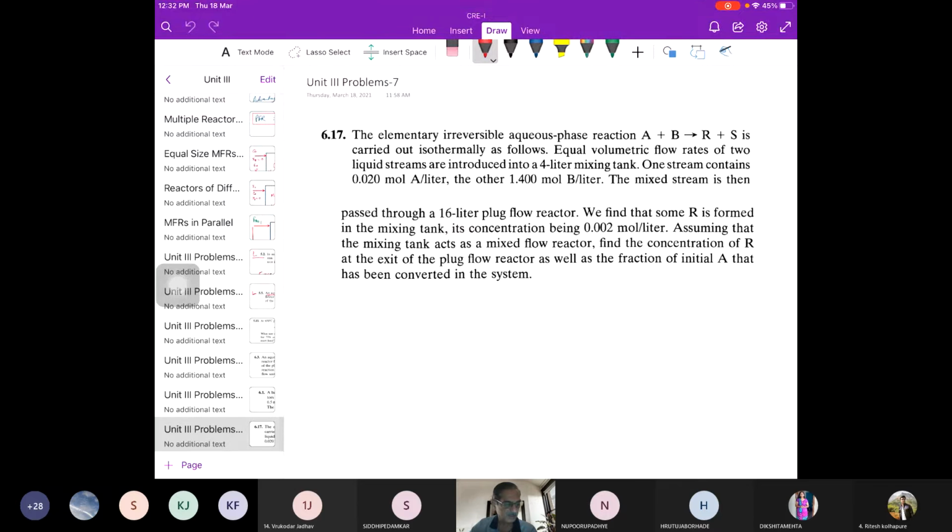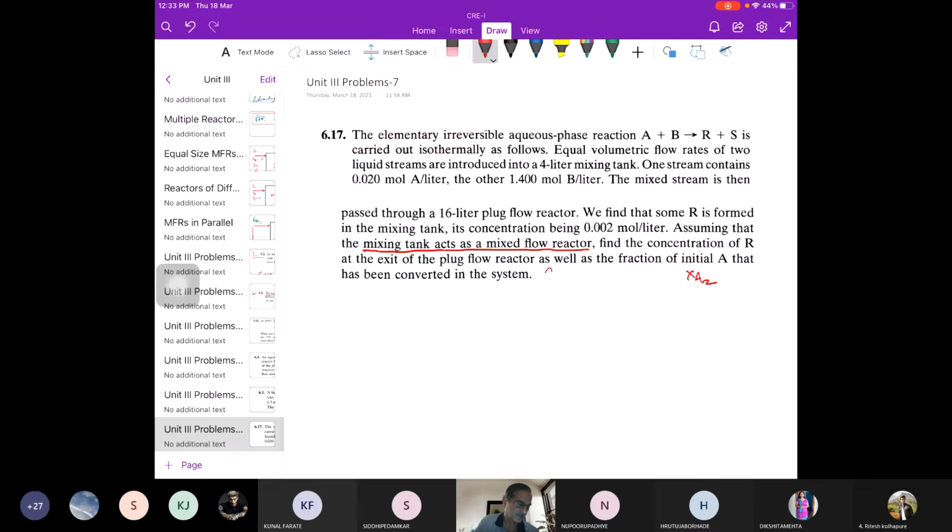The mixed stream is then passed through a 16-liter plug flow reactor. We find that some R is formed in the mixing tank, its concentration being 0.002 moles per liter. Assuming that the mixing tank acts as a mixed flow reactor, the important thing यही है, mixing tank acts as a mixed flow reactor, ये याद रखना चाहिए आपने। Find the concentration of R at the exit of plug flow reactor as well as the fraction of initial A that has been converted. That means we need to find out XA2